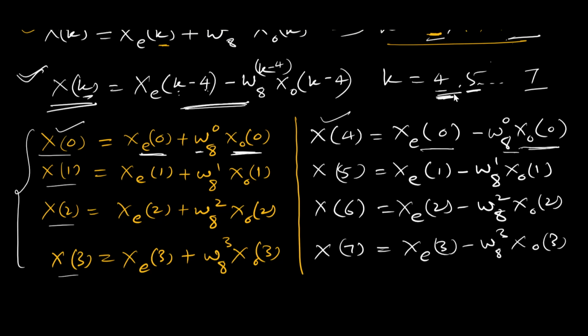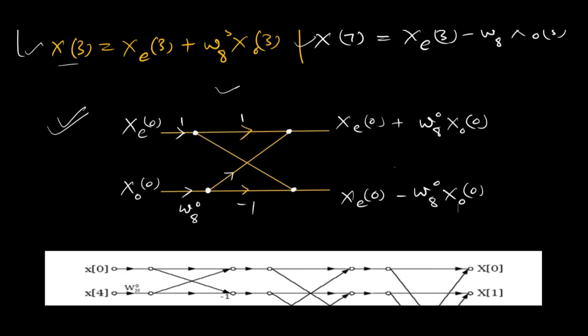Likewise, there are similarities between x1 and x5, outputs x2 and x6, likewise x3 and x7. So all these pairs have the same input values. This operation can be represented with the help of a butterfly diagram. See, here's one. Now our inputs were, for the first equation,